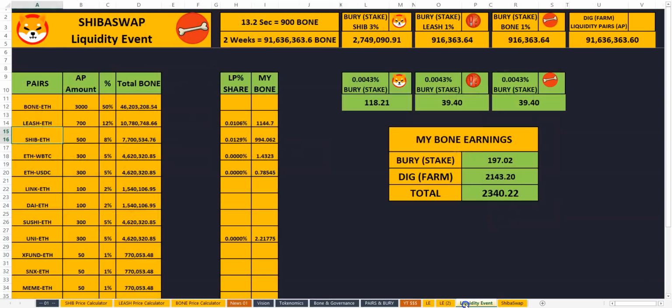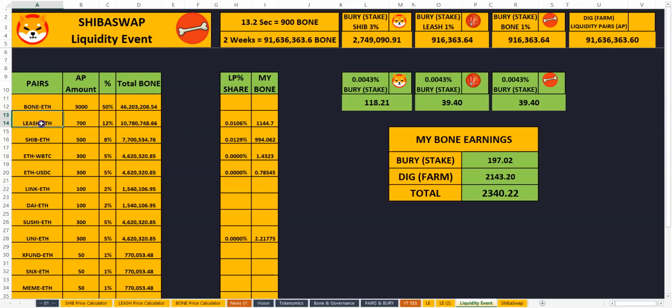Now that you know what that is, you can create any of these pairs to support the liquidity of ShibaSwap, and you'll be rewarded with each pair's allocated amount of BONE. So what I also have done is, in preparation for ShibaSwap, over the past couple of weeks,